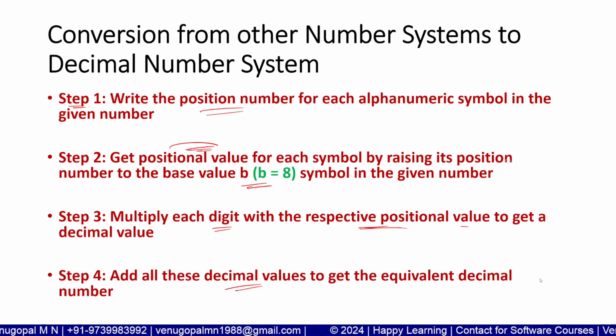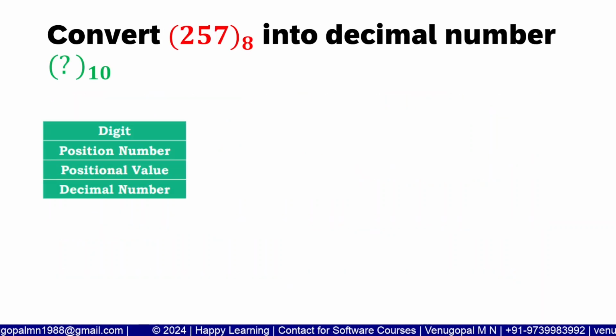Okay, don't worry, steps may seem complex. Pause the video, read through that. However, now we will see the same steps and apply them to convert a given octal number to a decimal number. Okay, let us take an example. 257 base 8. 257 is in the octal number system. We have to convert this to a